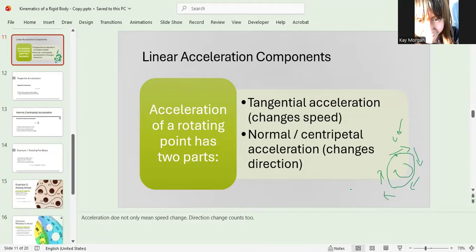So in rotating motion, tangential acceleration is showing you how fast the object rotates. And normal acceleration, that is your centripetal acceleration, is going to keep that motion going in a curve like that, meaning the change in direction is accounted for in the study of centripetal acceleration. We're studying the acceleration direction and of course the magnitude of that, which is the changes in the speed.